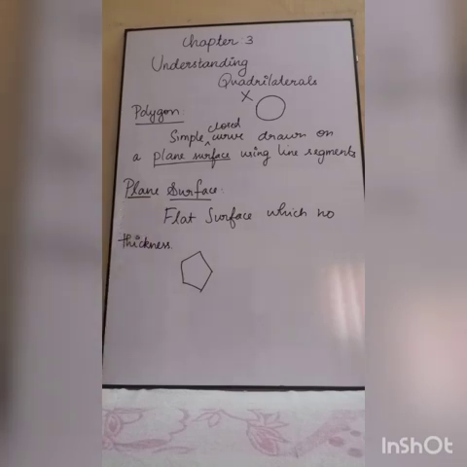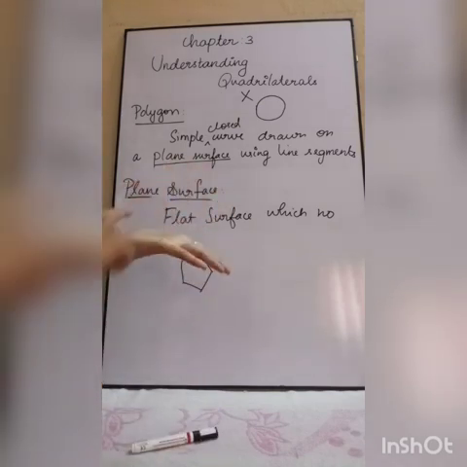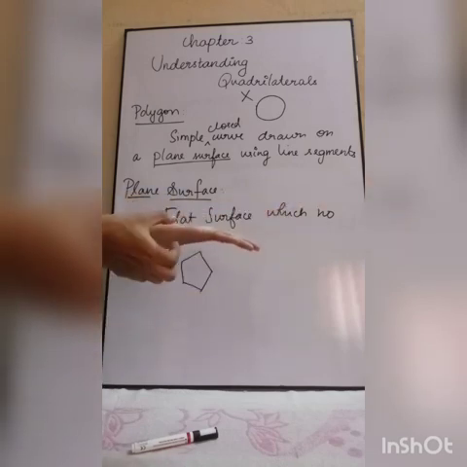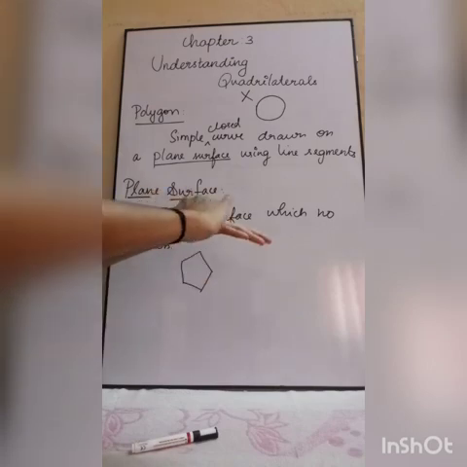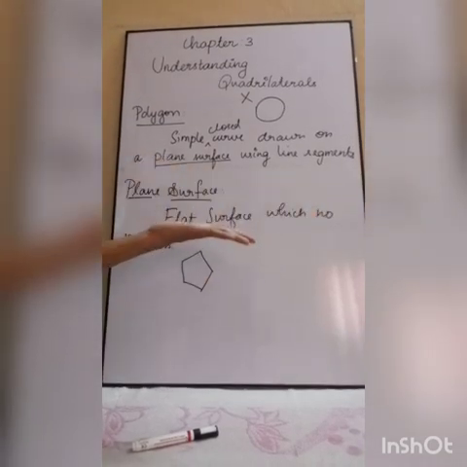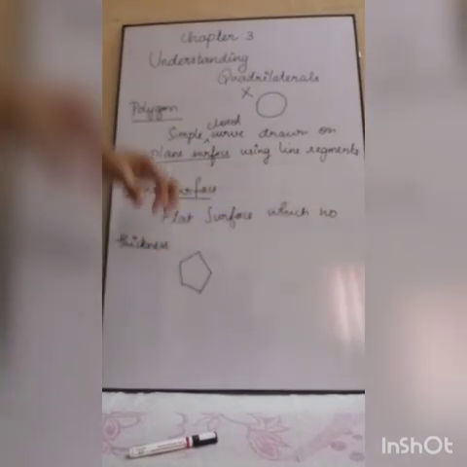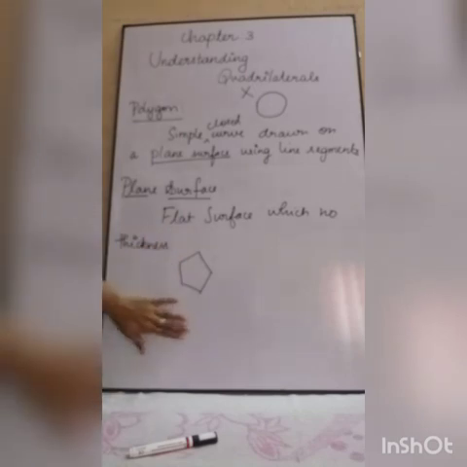Okay, you can see this. Let us consider this hand. This surface is your plane surface, but this full thing is not plane. Only the first layer of the hand, which is flat, is called a plane surface. You can take a piece of paper. On the paper we write, right? That is a plane surface. But the paper as a whole, we don't say it is a plane surface. The region in which we are writing on the board, that is your plane surface.